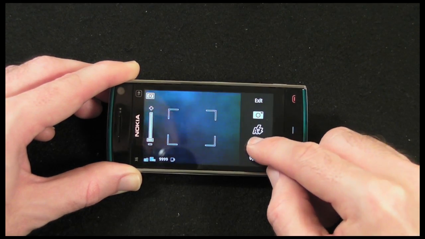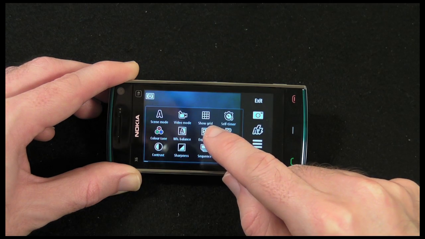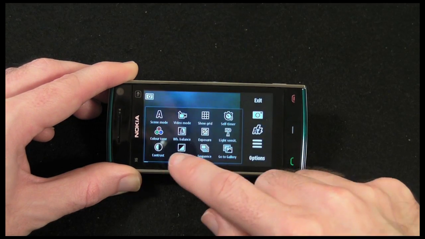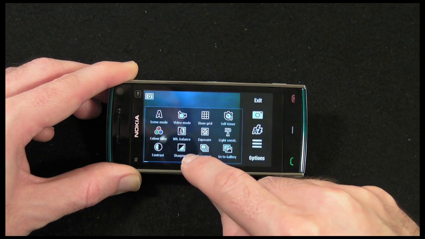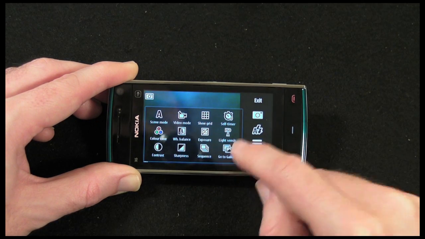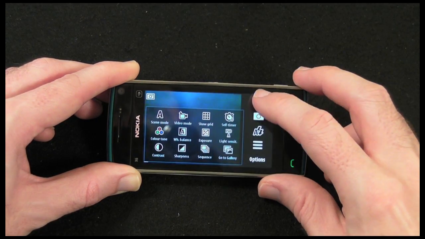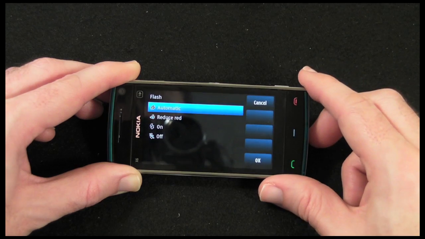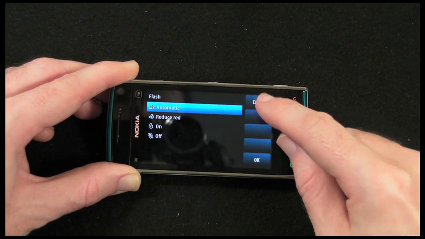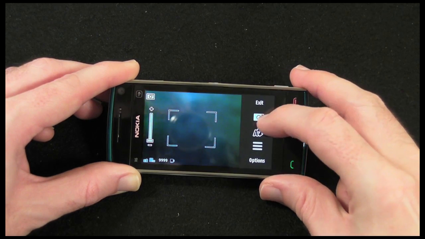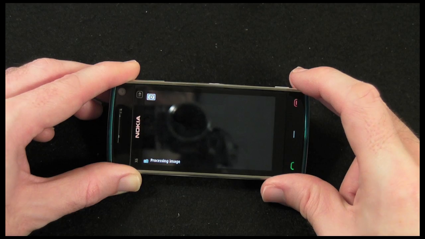Here I've got some extra menu, so I can select scene mode, video mode. I can show a grid overlay, self timer, color tone, white balance, exposure, light sensitivity, contrast, sharpness, sequence, and go to my gallery. So plenty of options there for configuring. And then I've got some flash options here: automatic, reduce red eye, on or off. And then here I've got the actual camera button itself, and if you click that, it tries to focus and